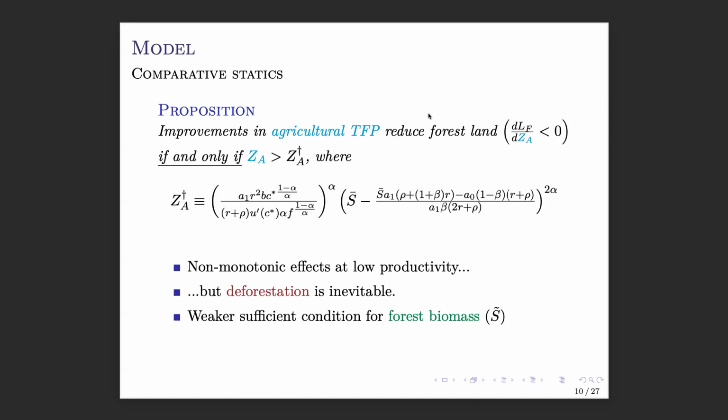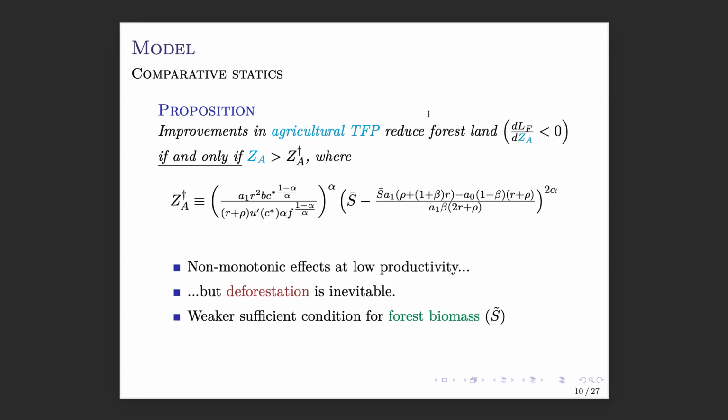Another comment on this is that you might be asking that the proposition is stated in terms of forest land, but probably the best analog to the empirical object I'll be talking about is forest biomass, which is the product of forest land and biomass per hectare. So for a given amount of land devoted to forest, it can be dense, it can be not dense in biomass. And there is, in the paper at least, a weaker sufficient condition for forest biomass that looks very similar to